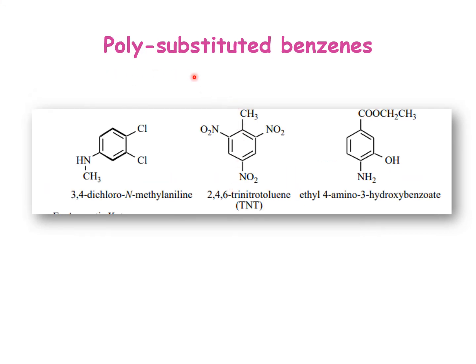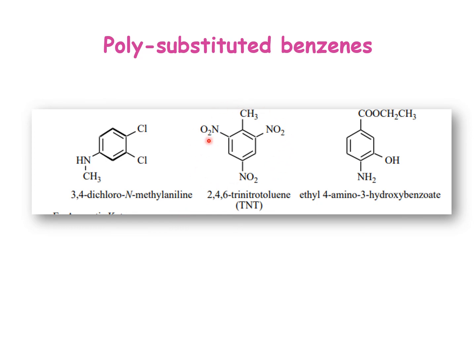Similarly, in case of tri or tetra substituted compounds, say here we have substitutions, two chlorines are there, and this is actually amino group, but on which there is substitution of methyl. So aniline, that is amino group, is acting as a base over here on which methyl is attached. Relative to this, we have first number is given over here, second, third and fourth. So it is 3,4 dichloro N. N indicates methyl group is present on nitrogen. It is not present on the benzene ring. And methyl aniline.